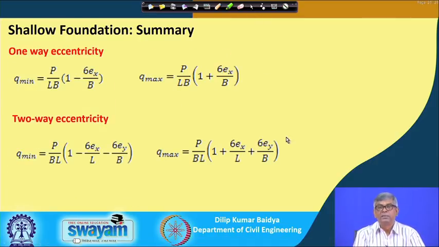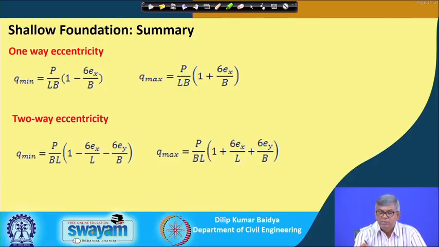Next part is another way. As I mentioned, when the footing is eccentrically loaded, or the footing carries both moment and compressive load, the pressure will not be uniform throughout the area of the footing. Somewhere it will be more, somewhere it will be less, and somewhere there may even be negative pressure. So, because of that, if the pressure becomes more somewhere, what do you have to do finally?